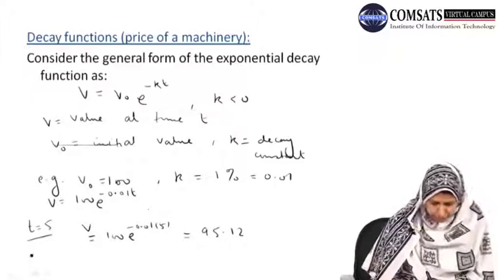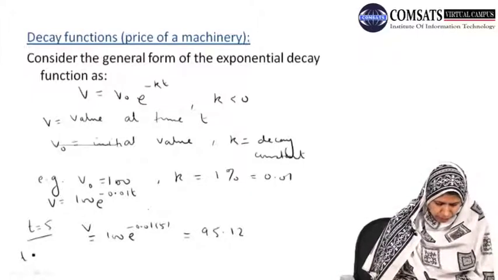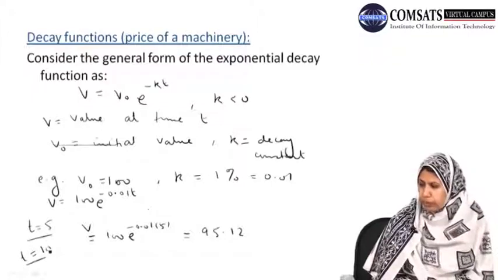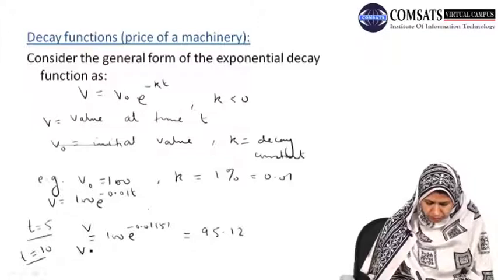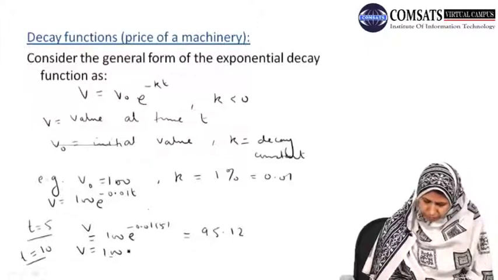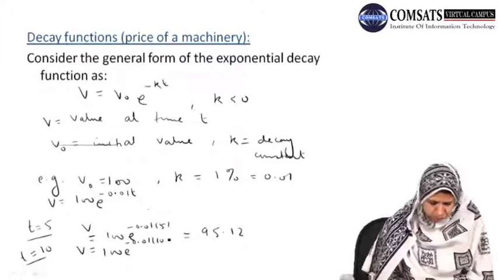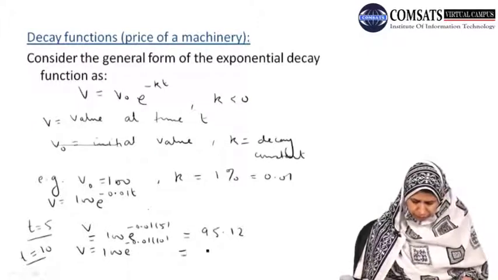which, after simplifying, we obtain 95.12. For example, if we are further asked to find the value after 10 years, that is when t equals 10, then V will be equal to 100 into e to the power minus 0.01 into 10, which on simplifying we obtain